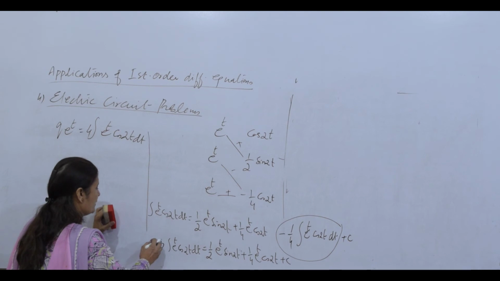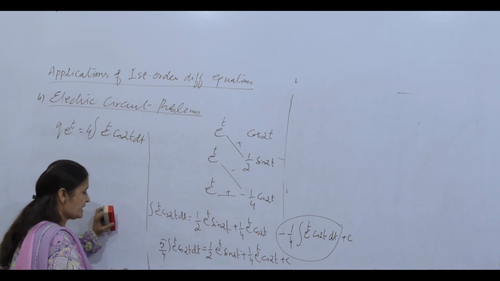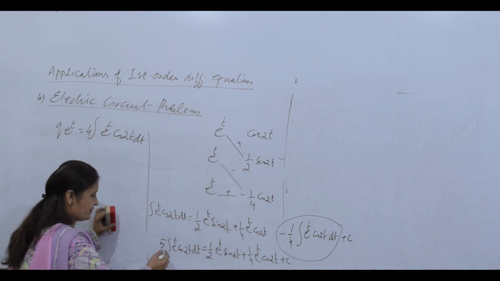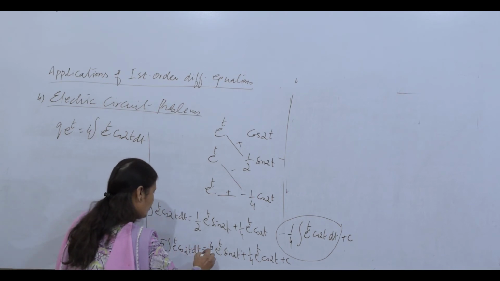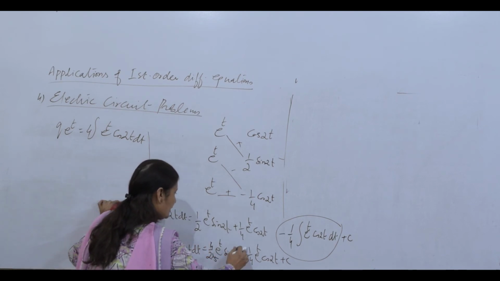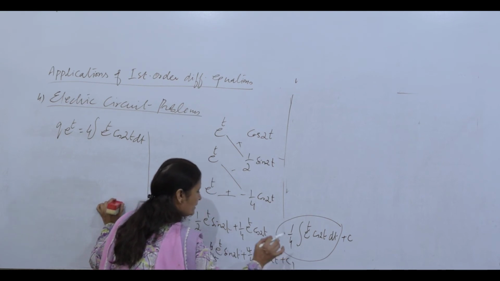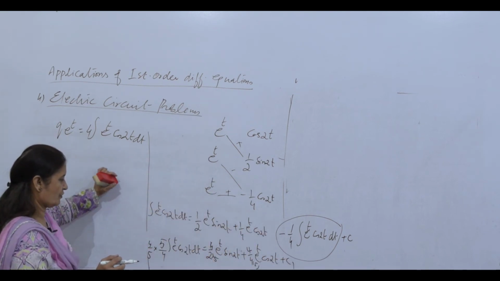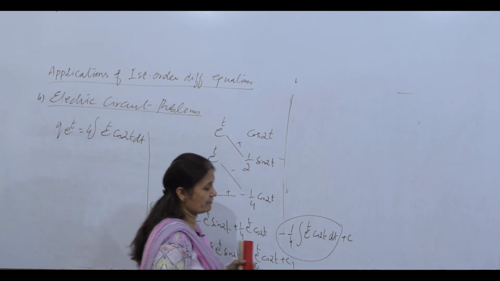Let me write 5 by 4. So I multiply with 4 by 5, so that the coefficient is 1. Here 4 by 5, here 4 by 5, and 4 by 5 times c is c1. So the 4 and 5 cancel, and I have left